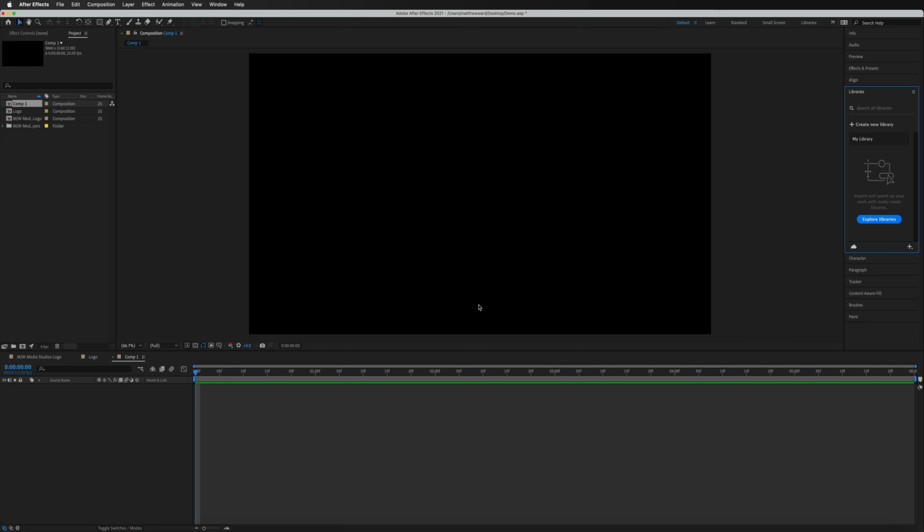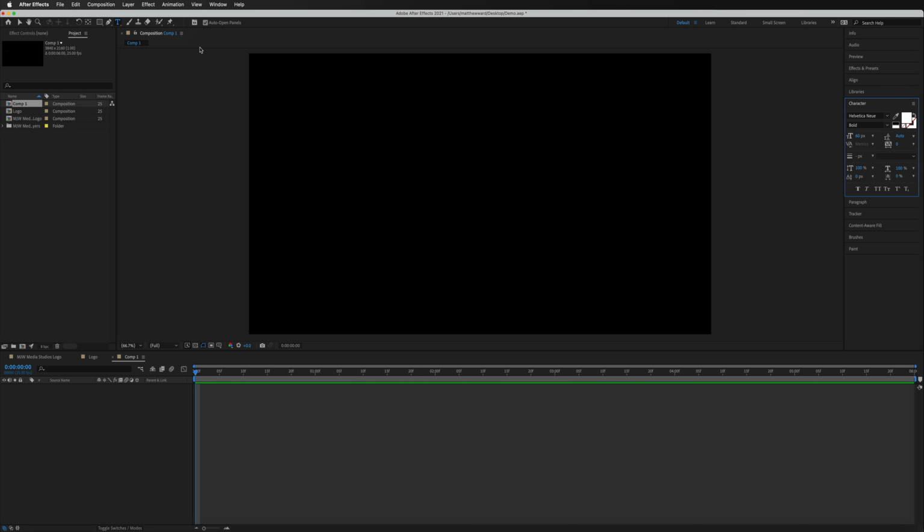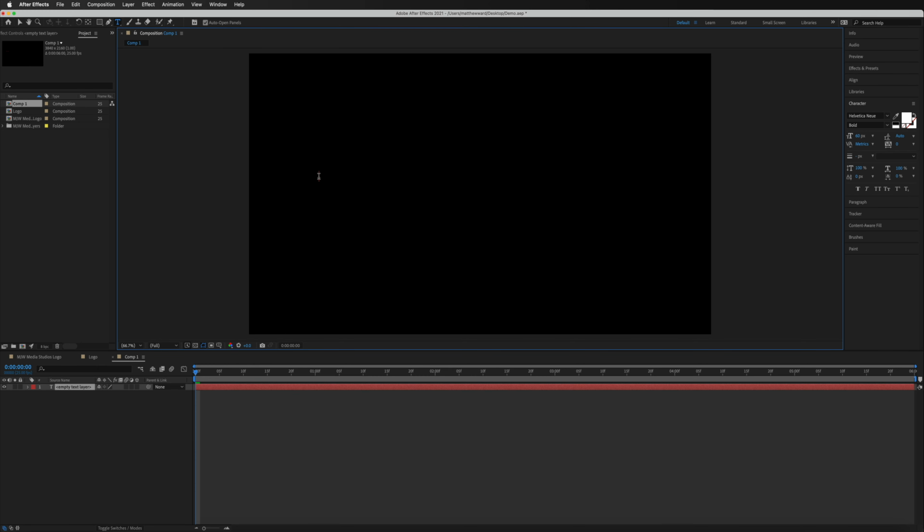And to insert some text into our project, we just need to go to our toolbar up here on the top left hand corner, and we're going to select that T, which is going to be for text. If we hold down on our mouse, you can see we've got two options in here, such as horizontal or vertical. You can choose any of those that you like. I'm just going to go for horizontal. And then I'm just going to come to our composition window and just start typing anywhere inside of here. I'm just going to write in your text to make it quick and easy. And we'll just go ahead and highlight that so we can change some of the properties.